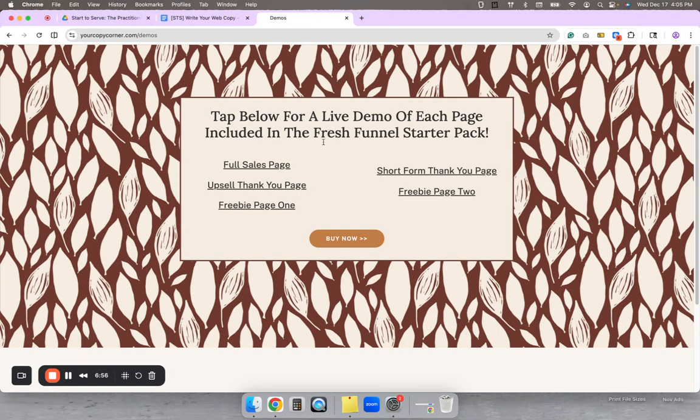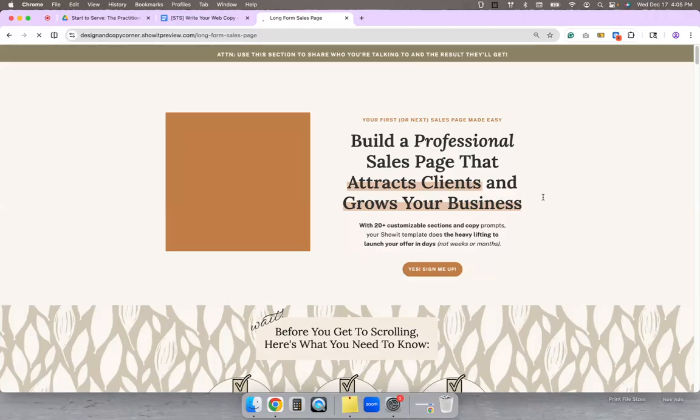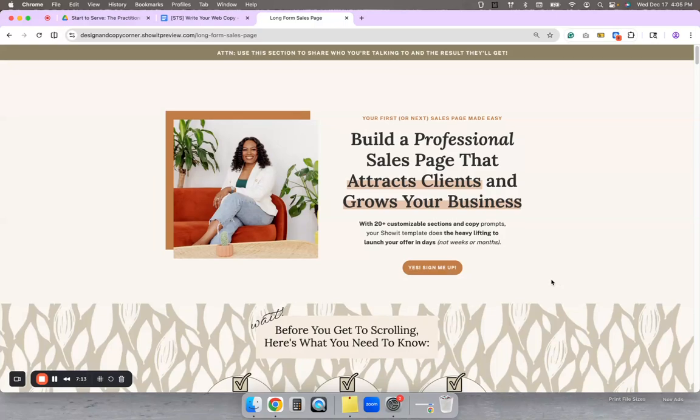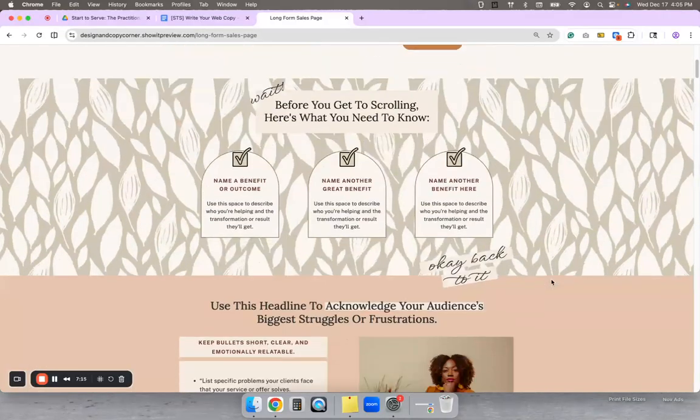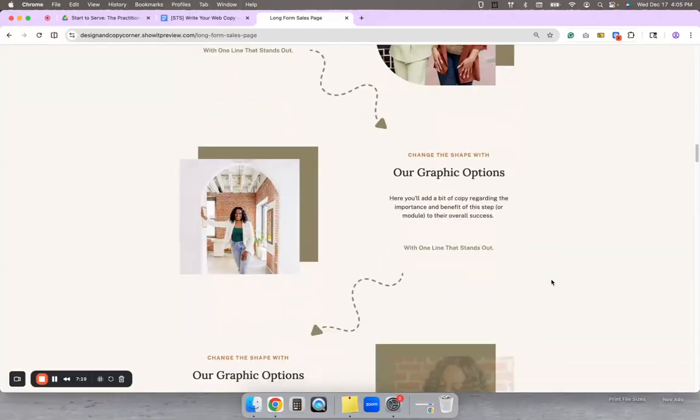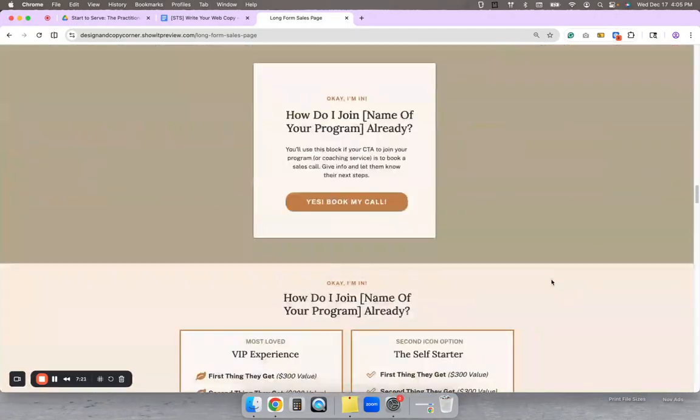And then we have the full sales page. So this is going to be for your main offer. I call it a sales page because that's the language that we use in the marketing world. But honestly, for practitioners, it's a connection, clarity, and process page. So it expresses everything that happens when you work together. So this is a full sales page that I created for you,